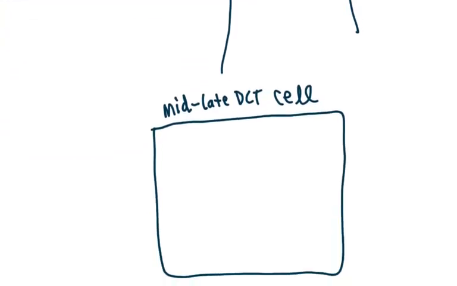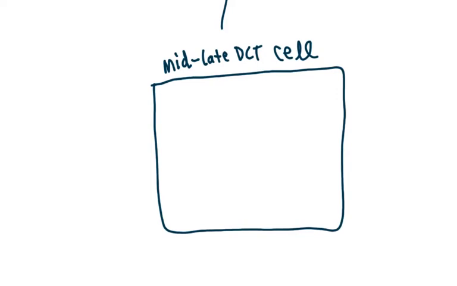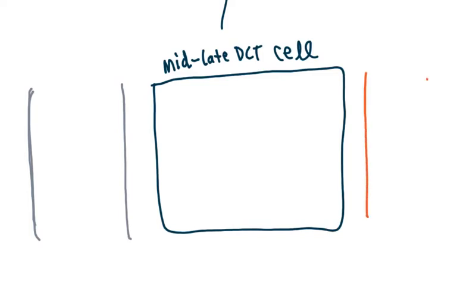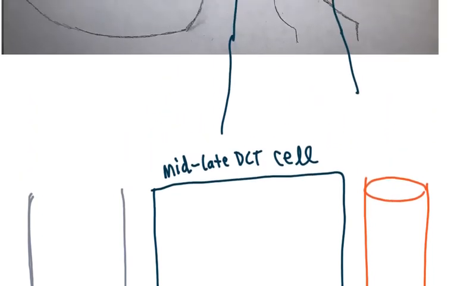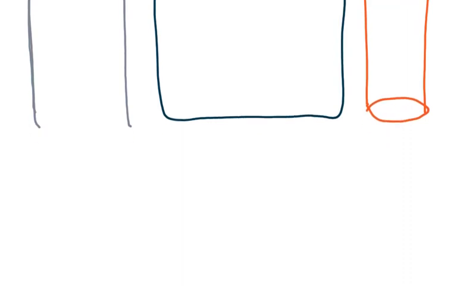Let's just show it for now. So let's say this side is our lumen, and this side is our peritubular capillary, a branch off of our efferent arteriole. So aldosterone, remember, from our zona glomerulosa